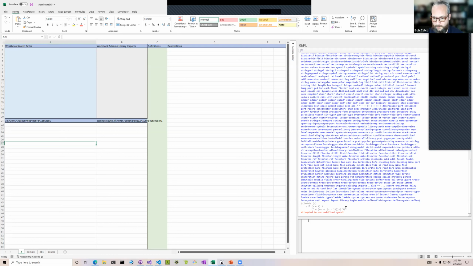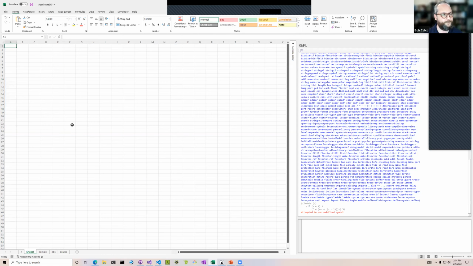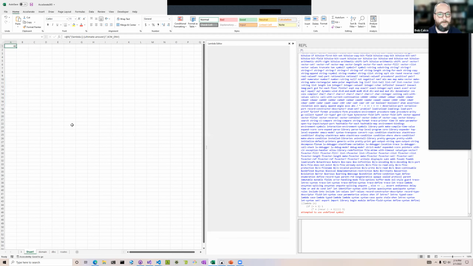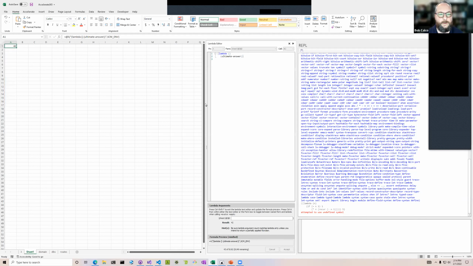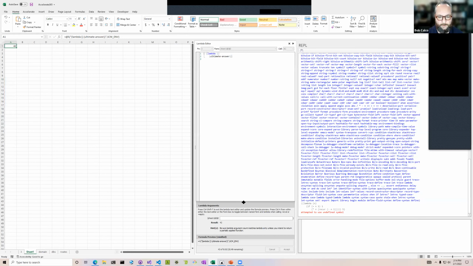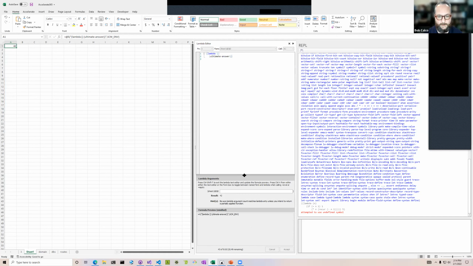Okay, so let's take the code and just do it. We'll create a new sheet. Control Shift L gives us a nice fresh Lambda. And this is the Lambda Editor, which on my machine looks kind of tiny, but on most normal machines, it kind of squeezes in there. So here we have the Lambda. We're going to convert this into a factorial. So we're going to say,